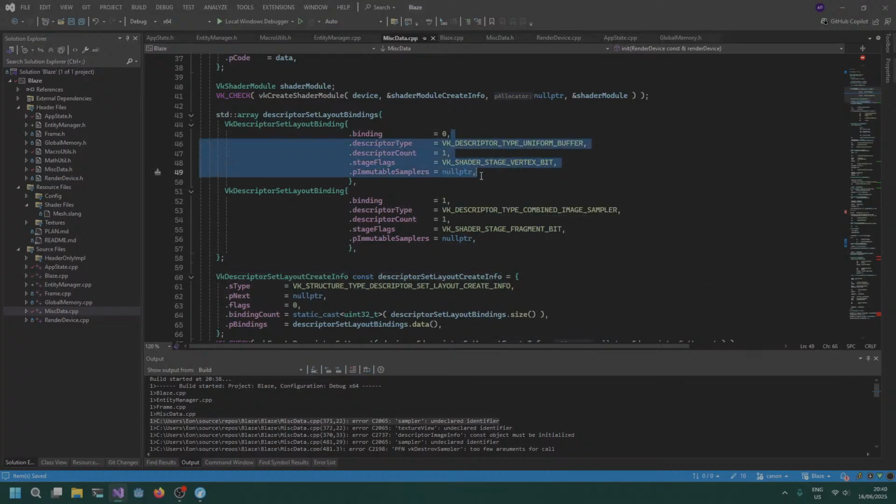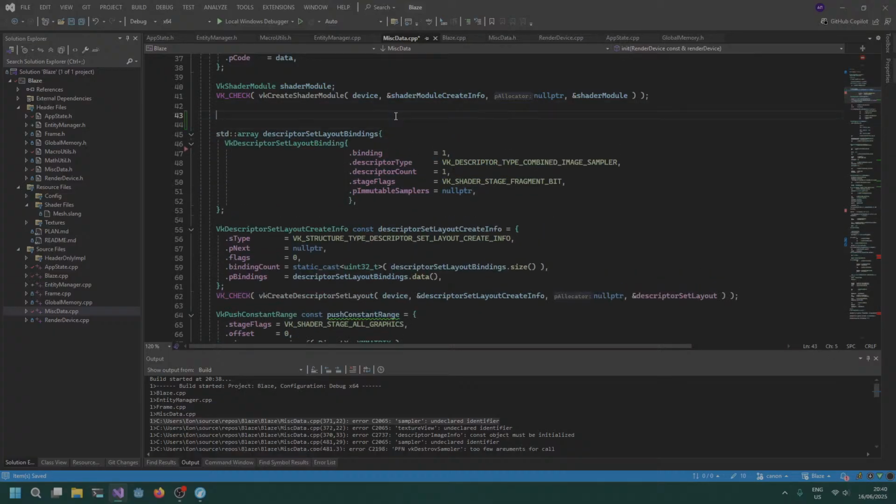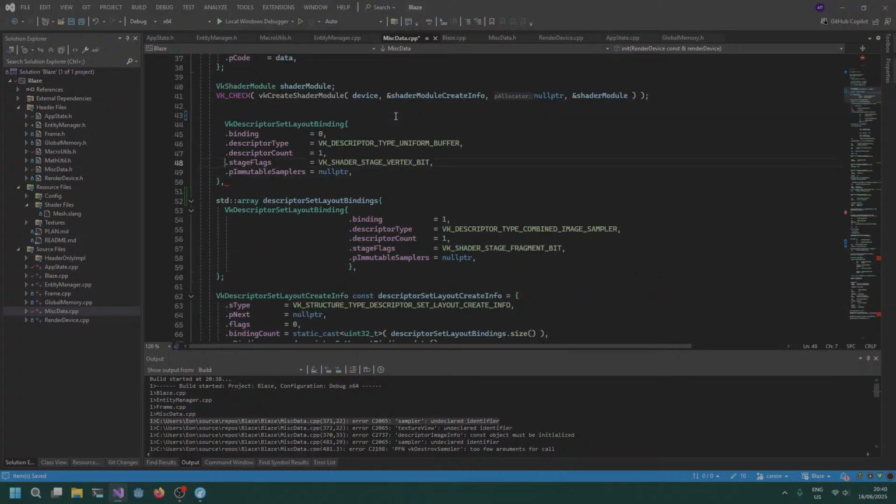But the uniform buffer is per frame. The combined image sampler is per material. So these are separate update rates and they will have to be written separately. So yeah, that happens. Uniform, which is not uniform, it's actually per frame